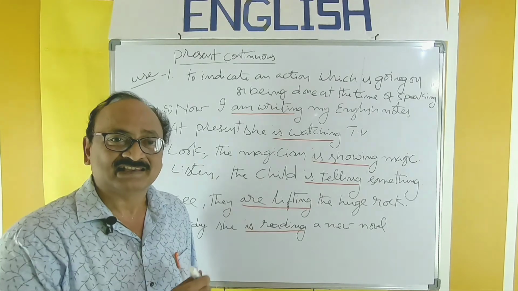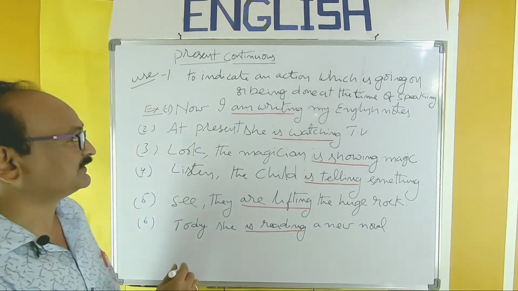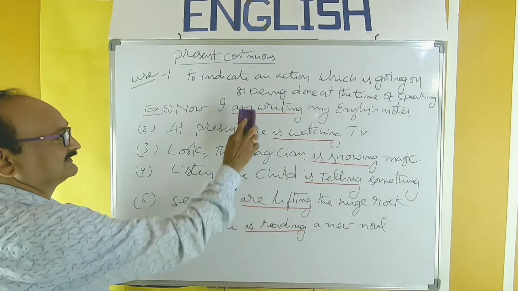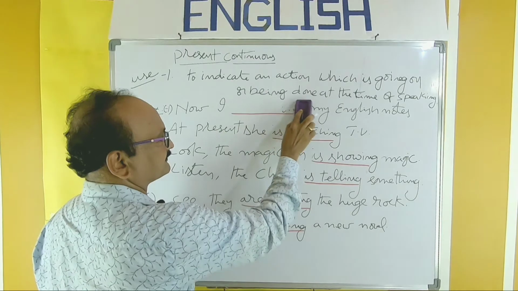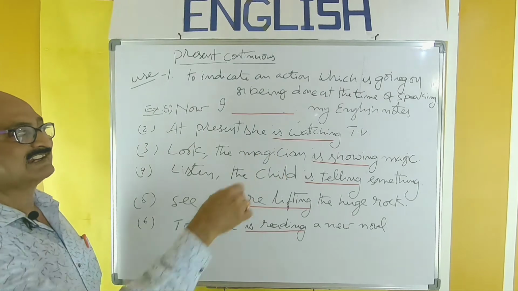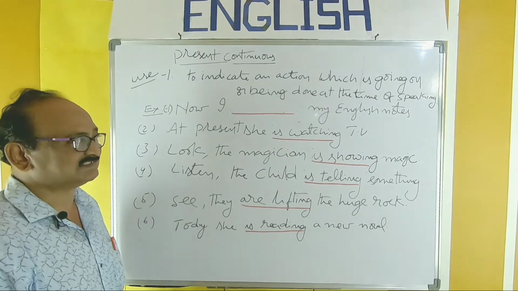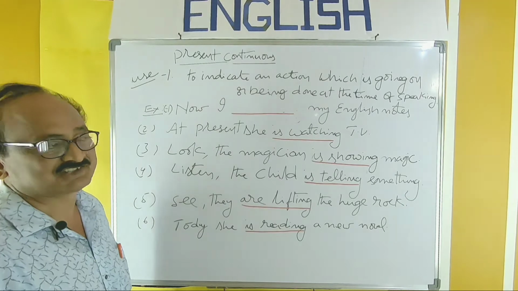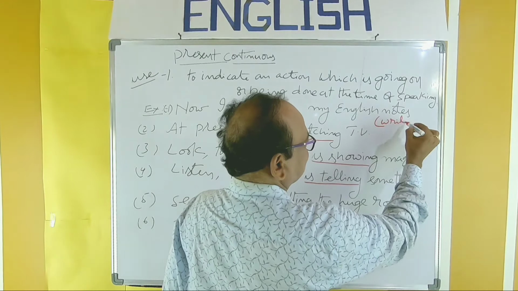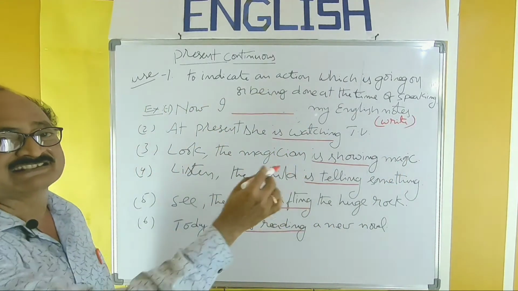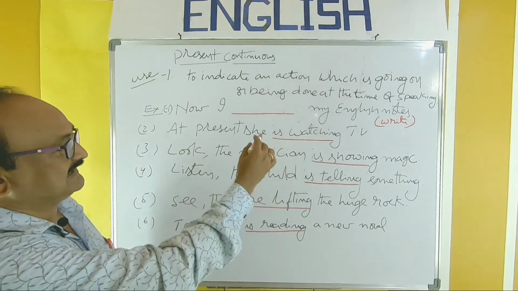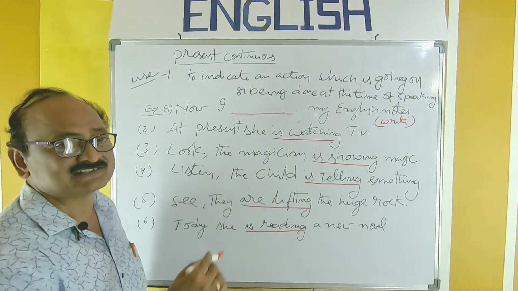Next, we have to take up the examination point. So, observe, in the examination, that verb part is kept in blank. So, like this. Now I dash my English notes. That will be the question in the examination. And the verb, the first form, is given in brackets, right? Read the sentence once or twice and recognize the tense. Now I dash my English notes. The verb write is given in brackets.